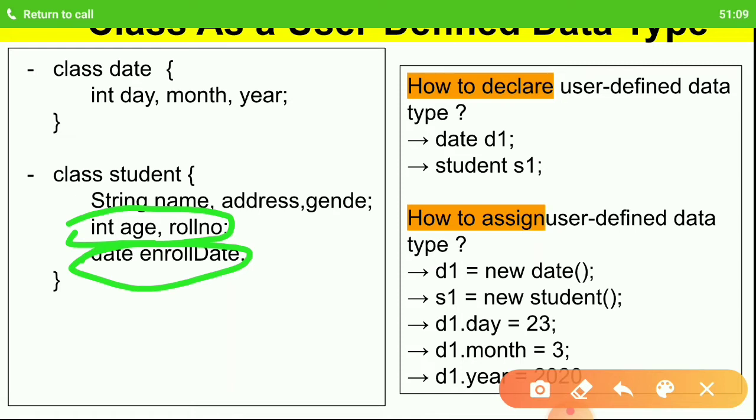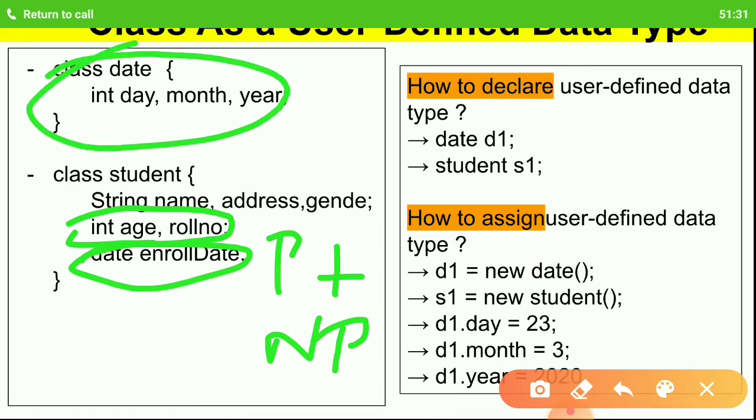That means a user defined data type can be a combination of primitive plus non-primitive, or built-in data types plus user defined data types. Or it can also simply be a combination of built-in data types. Both ways you can do, depending upon the requirement. So this is how you create your own data type.